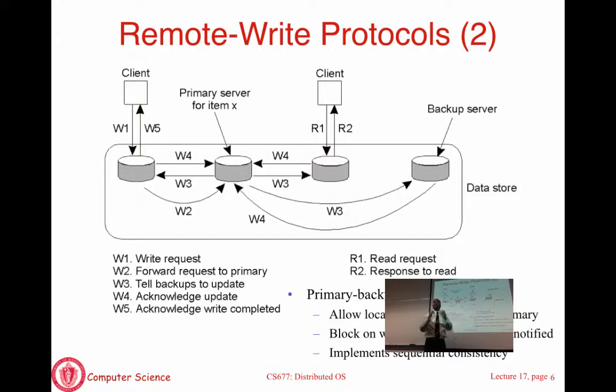If you are strict, then you try to send it as soon as possible. If you have weaker guarantees, you can delay when the writes are actually sent off. In eventual consistency, you can wait for an arbitrary period of time before the writes are sent off to other replicas. Okay? So that is going to determine how you actually take a specific semantics and layer it on top of a primary based approach.